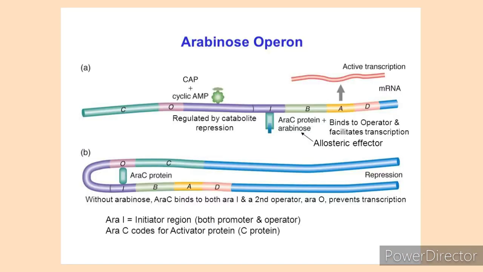The araC is going to bind to the araO2 operator and the araI inducer. And this will lead to the formation of a loop. And the loop is going to block the process of transcription of the genes, the araBAD, to transcribe to mRNA and to translate to the protein. And that's how the araC repressor